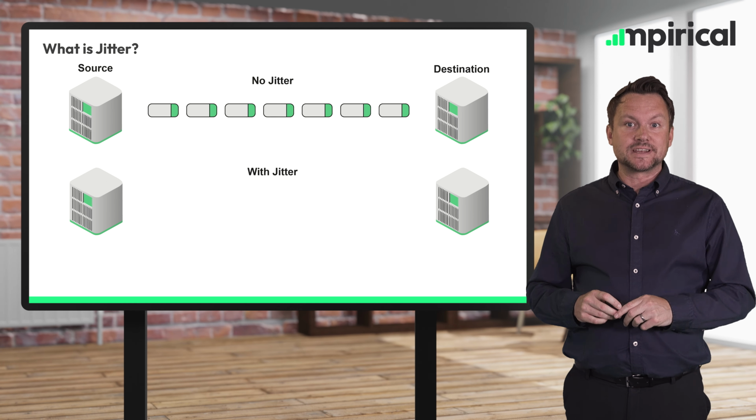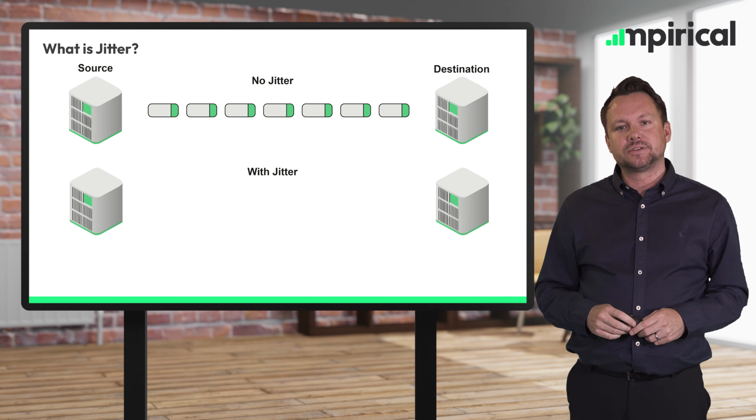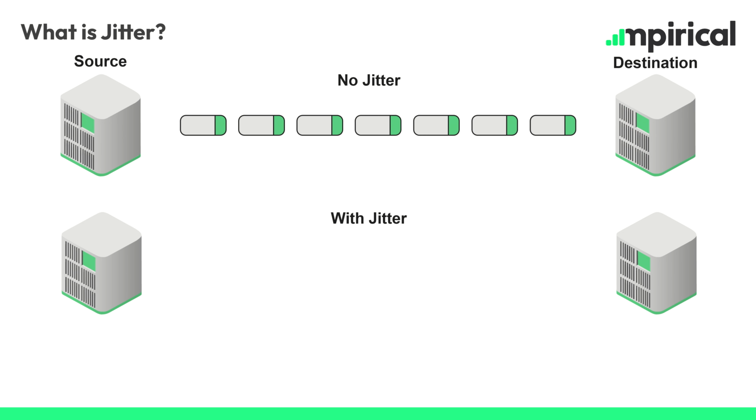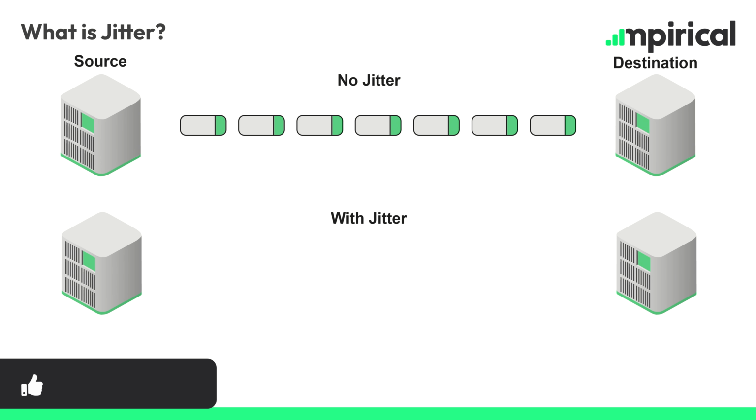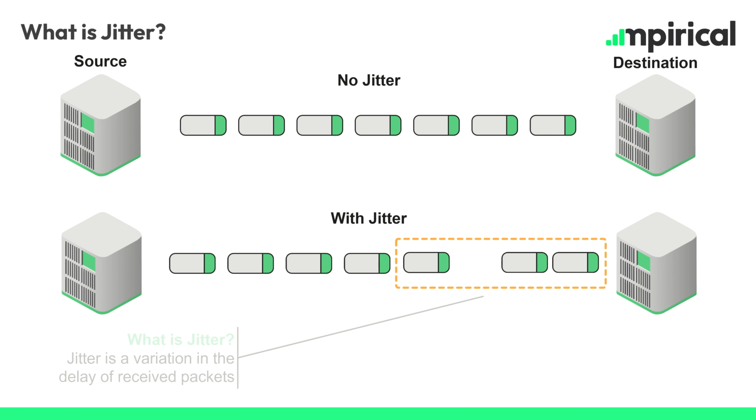There is fairly short delay, presumably in this example, and packets are arriving in an orderly fashion, and in this illustrative example, they're evenly spaced. Now, when we experience jitter in the network, what that actually means is that we see a variation in the delay of received packets. And this can be particularly problematic in real-time scenarios. So on a voice call, for example, if packets aren't being delivered on time, or if there is a long delay while we wait for a packet to be delivered, then clearly this is going to have a negative impact on the quality of a call and may even lead to the call being dropped.